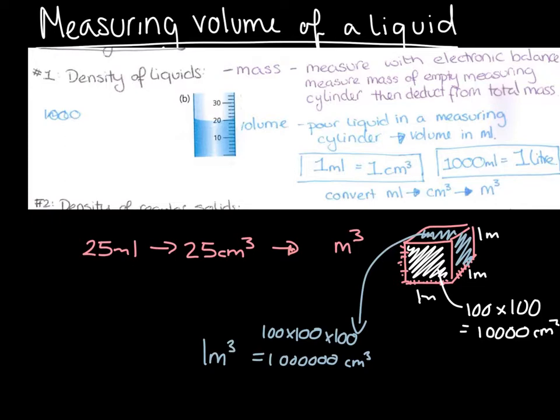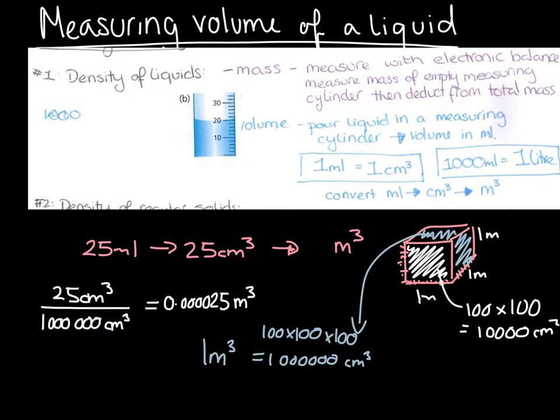Which means that I have got 1 million centimetres cubed in 1 metre cubed. Which means that if I then convert this 25 centimetres cubed into metres cubed, I have to do 25 centimetres cubed, because that's how many I've got, divided by 1,000,000 centimetres cubed, because that's how many centimetres cubed there are in a metre cubed, and then I get